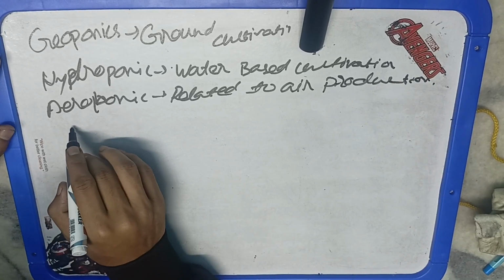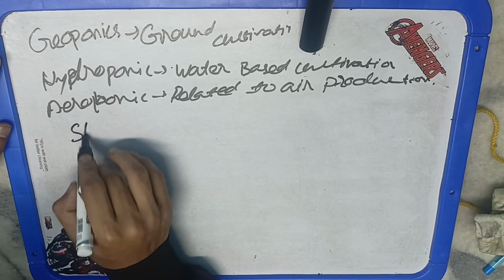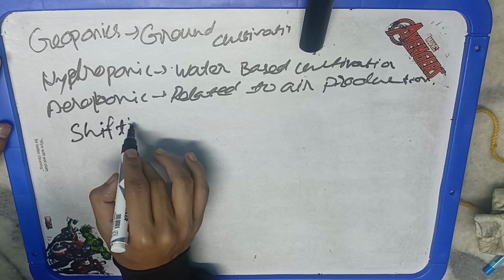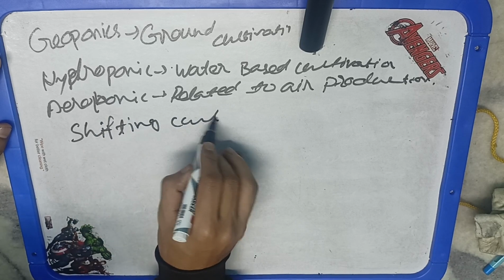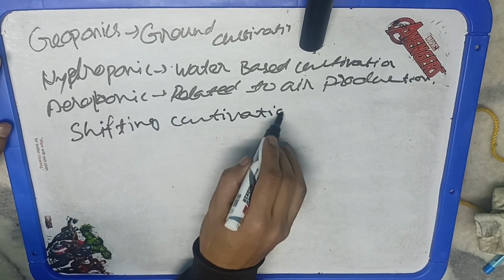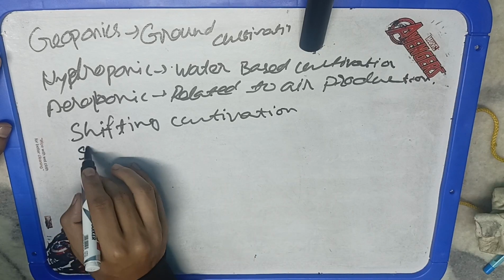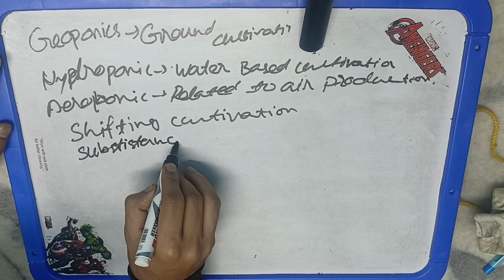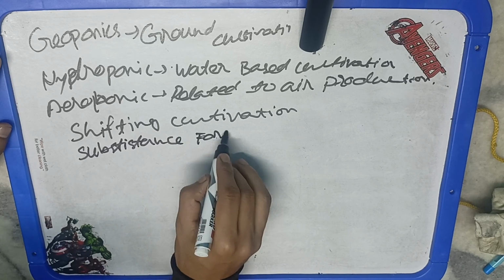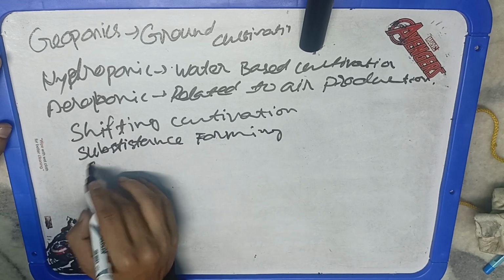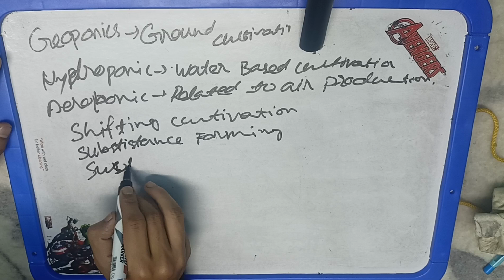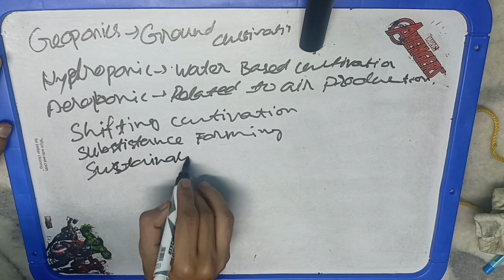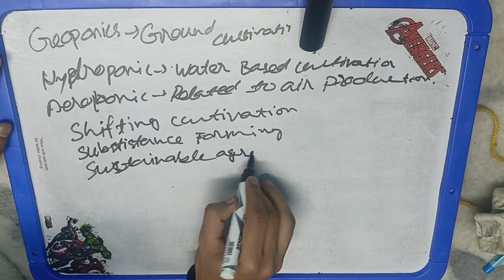Then subsistence farming: when we raise crops or livestock to maintain the farmer and the farmer's family, that is known as the sustenance purpose. Sustainable farming is basically where we do not focus only on the present need or demand. We also have to focus on future demand and future production. The farming focuses on methods that maintain soil health, soil fertility, avoid water contamination, and safeguard biodiversity. Everything related to sustainability, we have to work for that. Sustainability is the key at present.